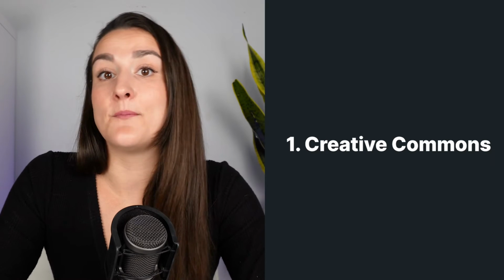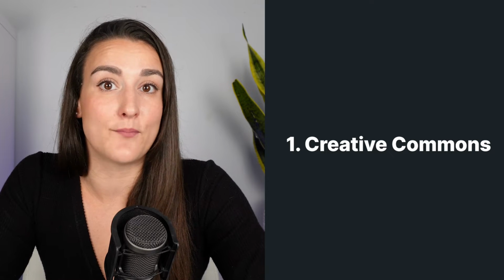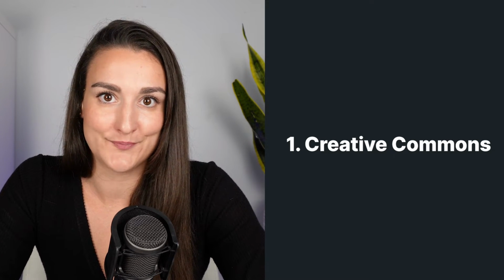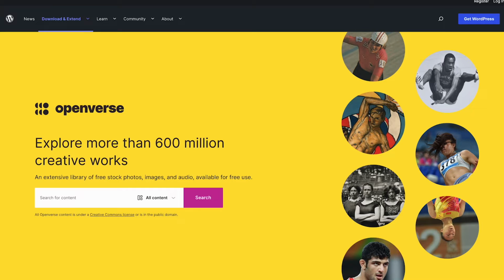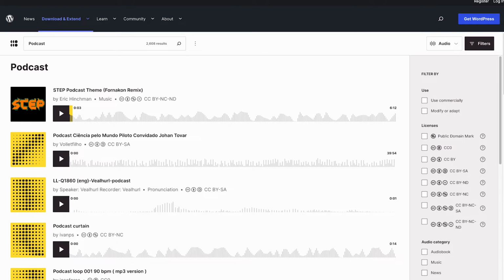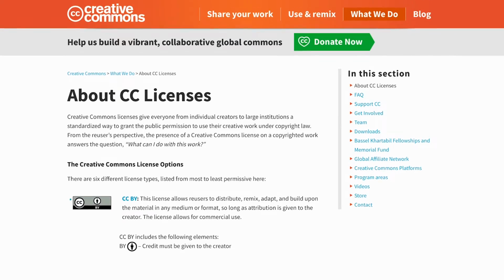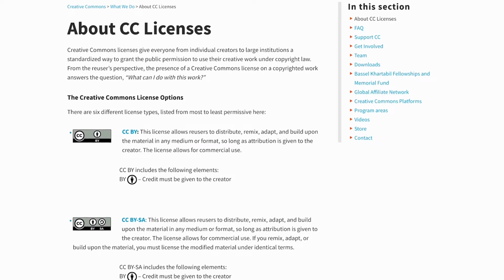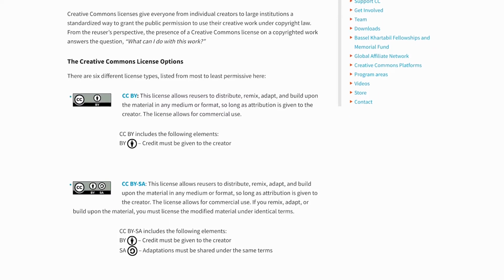Creative Commons is a company that works to facilitate the copyright process with creators and provide the public with access to their work. This is known as a Creative Commons license and helps creators easily define how other people can use their content. You can use most Creative Commons content without permission as long as you credit the artist. But under the umbrella of Creative Commons, there are a bunch of different licenses. So make sure to check exactly what you can and can't do with any given track.